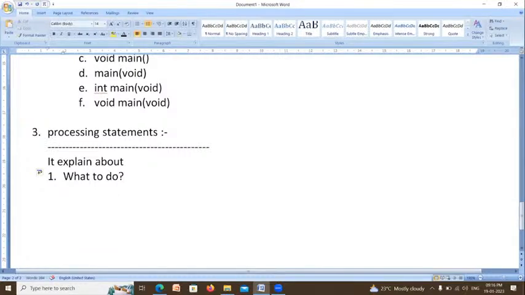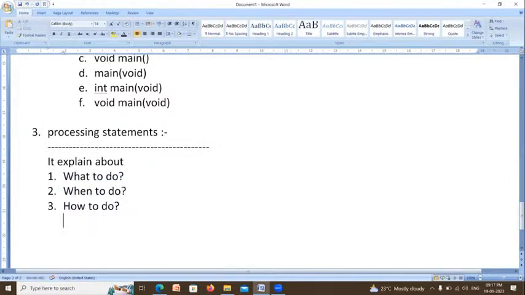Second one, when to do this task. Third one, how to do. What we have to do, when we have to do, how we have to do. Processing statements explain these three things.